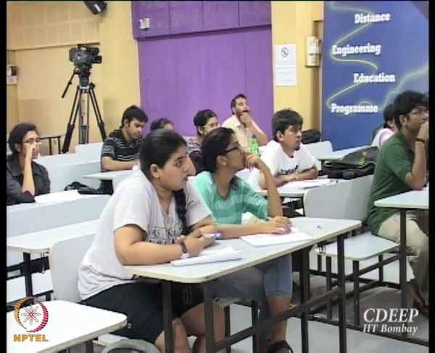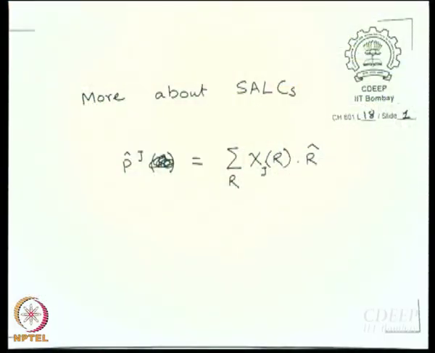Not only should we not forget the coefficients, don't forget we are actually using R. What we get for the C3 operation is going to be different from what we get for the C3 square operation, isn't it? C3 and C3 square are going to be different. Characters will be the same, but the effect of R is going to be different. So, please don't forget to use each and every symmetry operation. We are going to need that today.